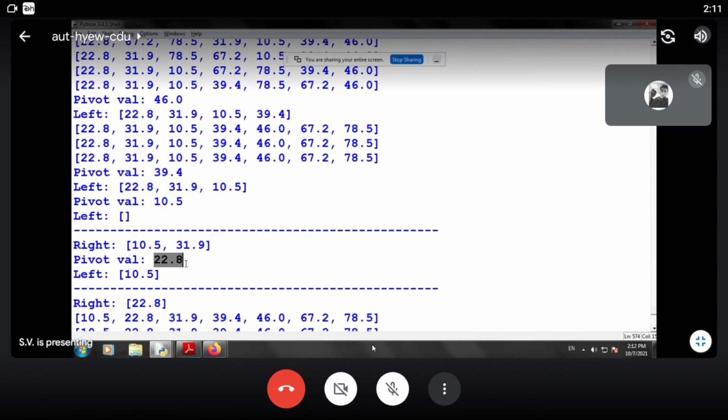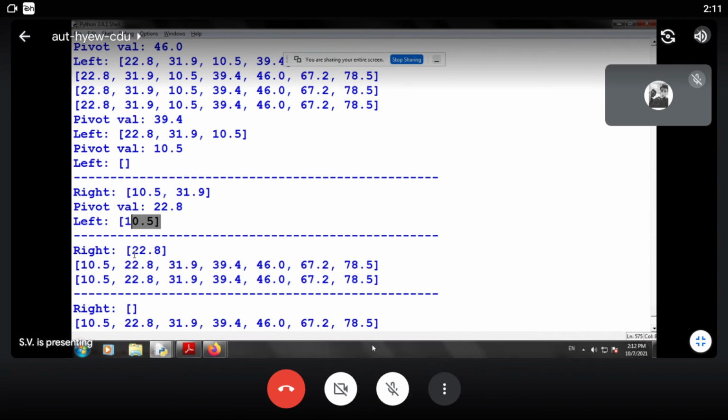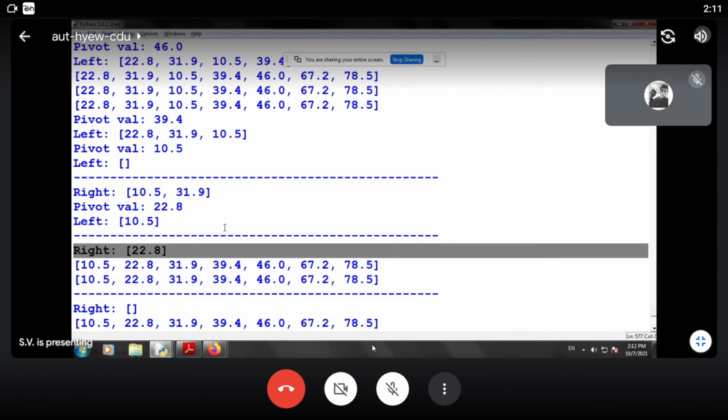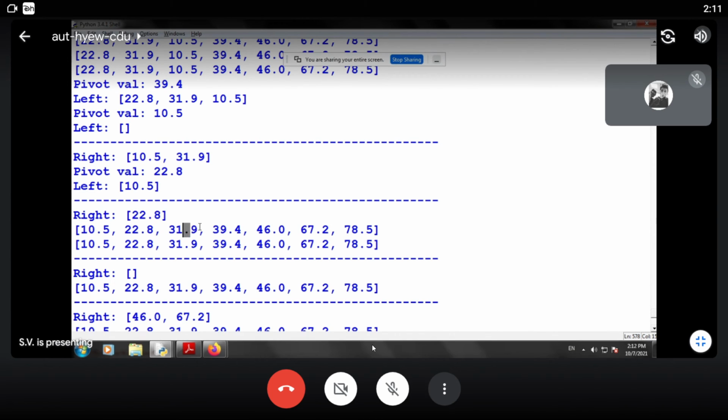So over here the sorting is completed for the left subtree. Now we can see on the right hand side there was 22.8, so right of 22.8 is now 31.9. You can see over here it has arranged the contents in sorted order. So if the pivot is 22.8, the left sublist is 10.5 and the right sublist is 31.9.